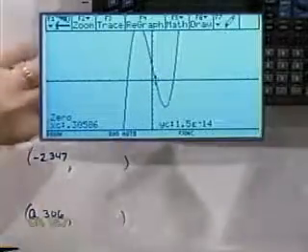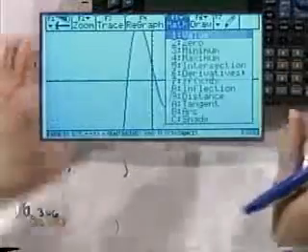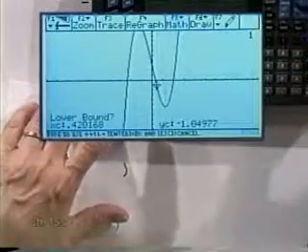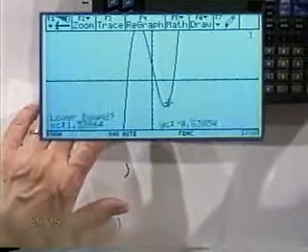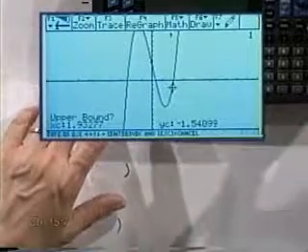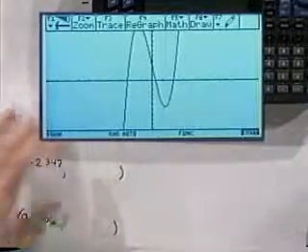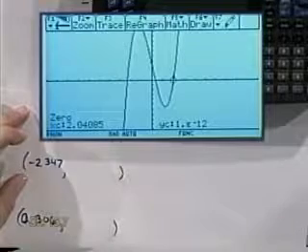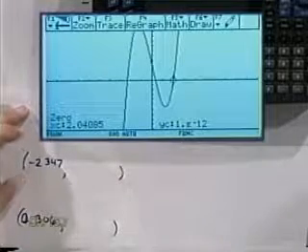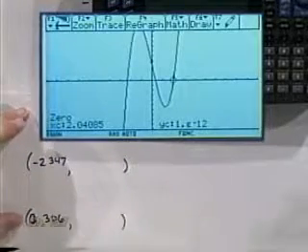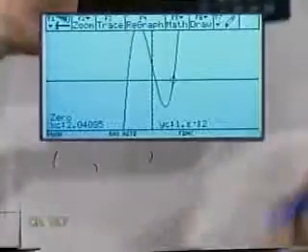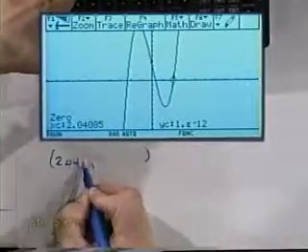All right, and then the last one, if we go F5 and then hit number 2, bringing that along here, we need a lower bound and an upper bound. And that looks like it's 2.4085. So how about 2.041? Now, since